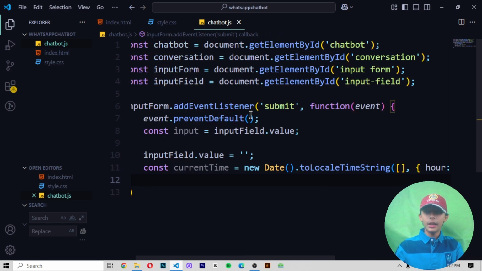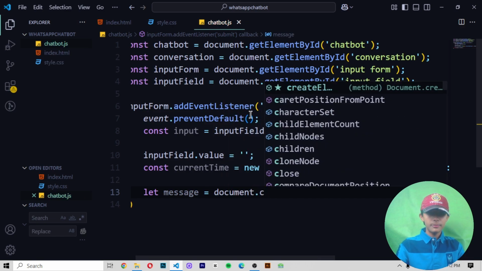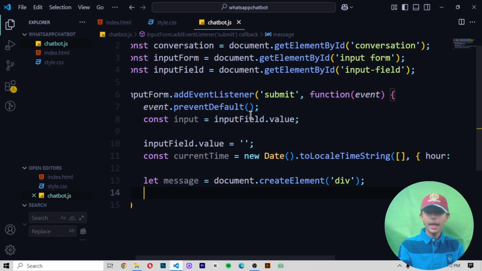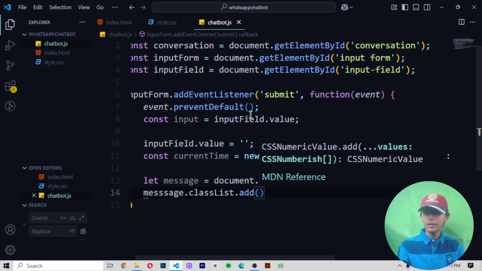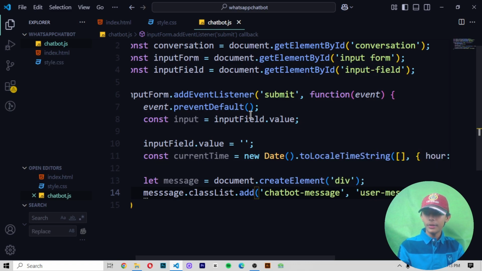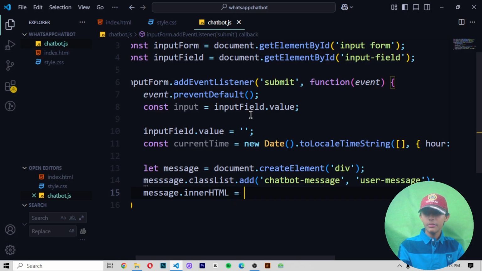Now here we add a user input to conversation. So using let we declare our variable, let message equals to document dot, not cheat, createElement div, then message dot classList dot add, and then using it you write chatbot/message, then here we write user/message, and then when we do this we write message dot innerHTML equals to